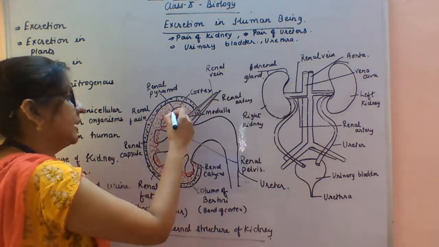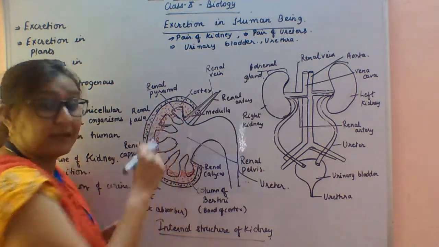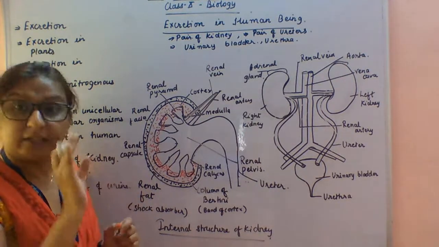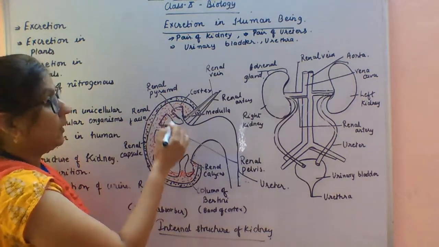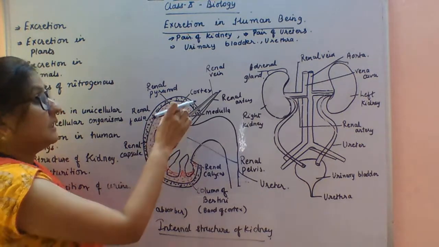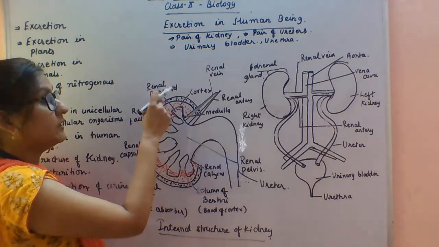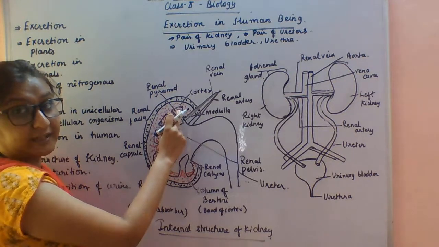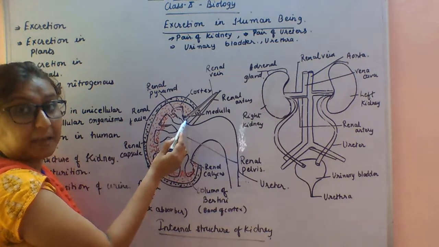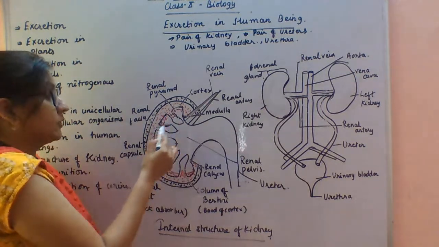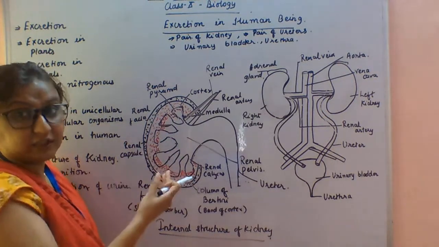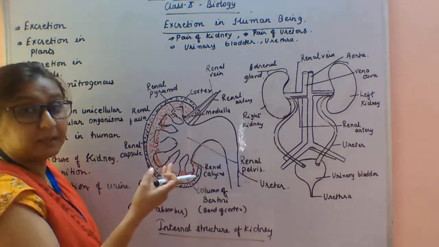This pyramid-like shape is called a renal pyramid. I told you whenever I say the word renal, it is associated with the kidney. Now these renal pyramids are in the medulla region. The broader part of the pyramid is on the cortex region, whereas the narrower part is in the medulla region. So renal pyramids are where the filtration takes place, and when the blood gets purified